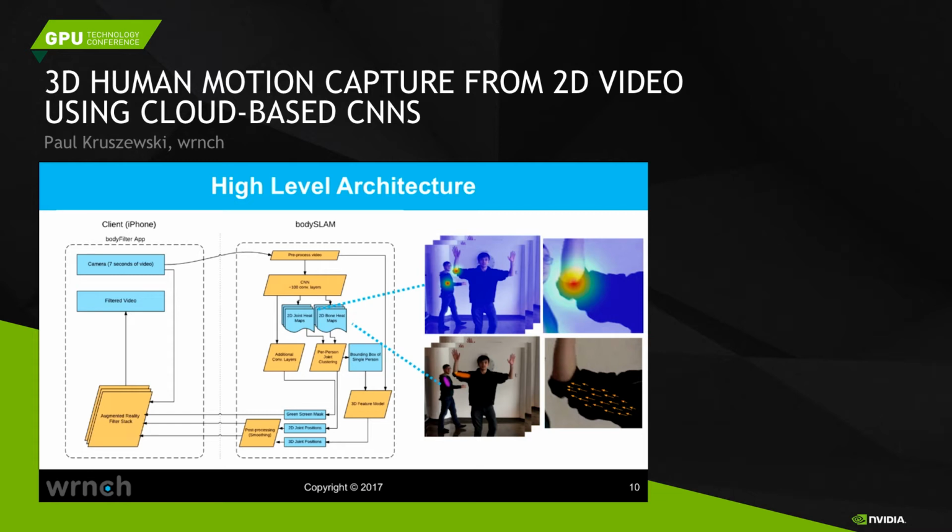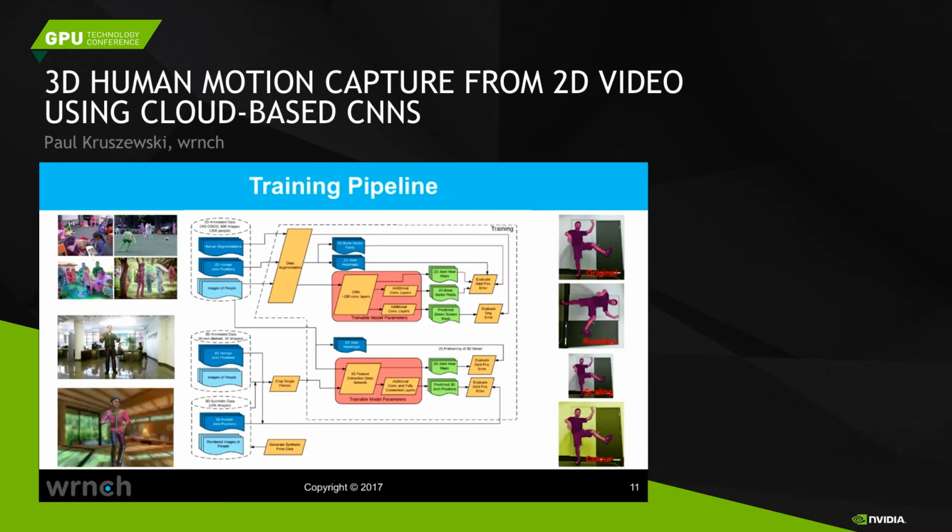And then once we know where each person is, we run it through to get individual 3D people. So the training pipeline, I think, is very novel. Now we're a startup in Montreal, so we're 13 people, not a very big team. We don't have access to the large data sets that people